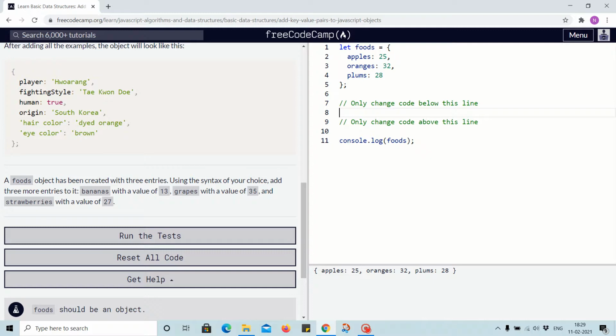I will be adding them in three different ways just to show how we can do that, but any one way would have been okay.